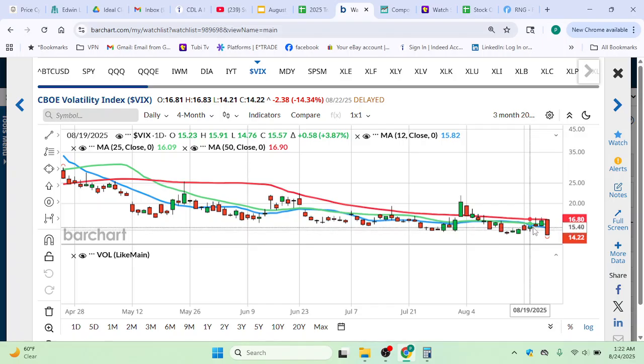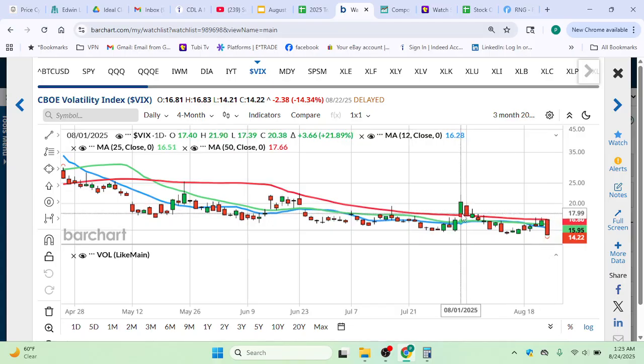You can see it started moving up, and the volatility index is kind of like a mirror. It just reflects the volatility of the market. It doesn't predict anything. But you can see volatility got up to 17. Anything over 20 is kind of elevated volatility, and you can see here back in the first week of August, we had elevated volatility at over 21.90. And then it's slowly moved down since then.